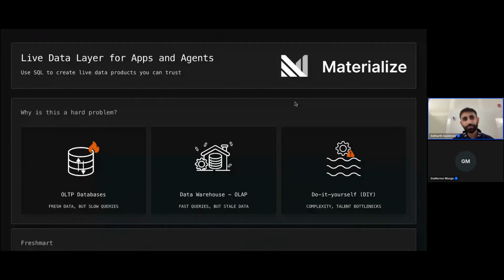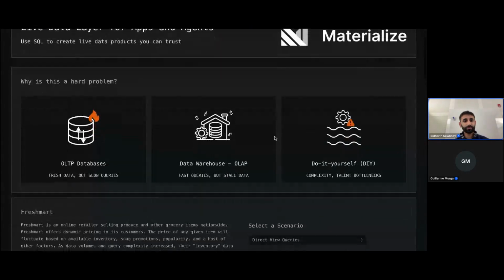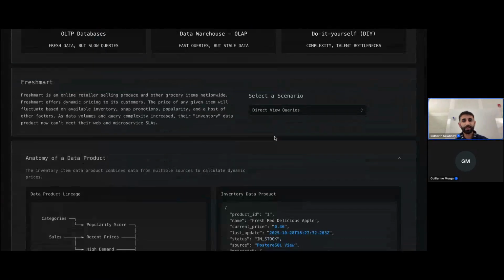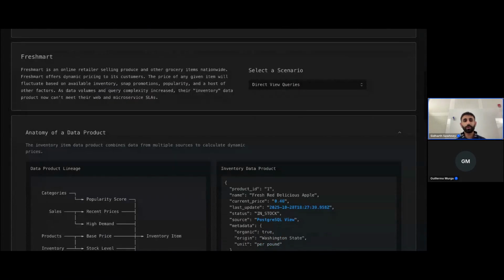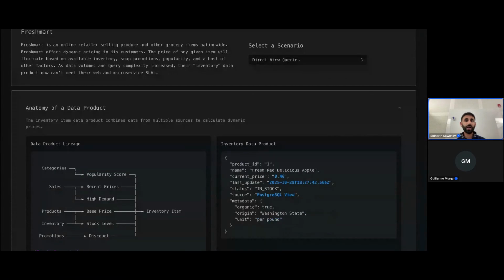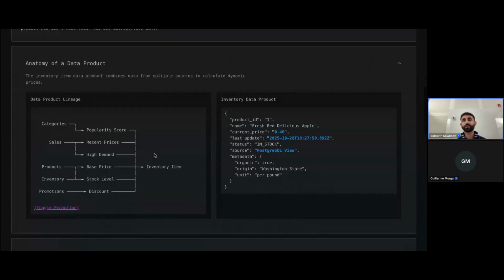So here we have Freshmart again, and we're going to look a little bit more closely at the data products for Freshmart. This is one element of the live data layer, or one noun of the data, the canonical business objects they're creating. And we can think of a data product as an inventory item.